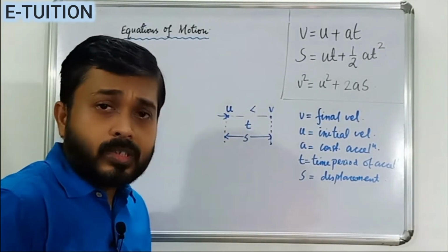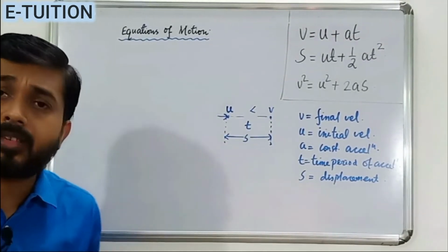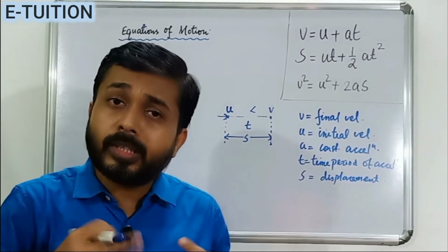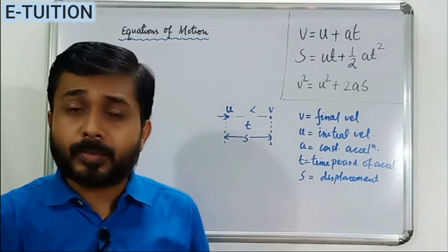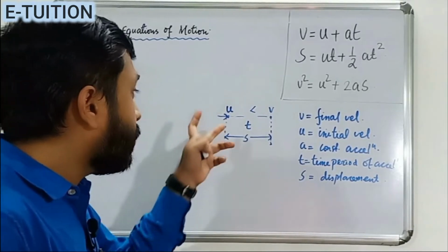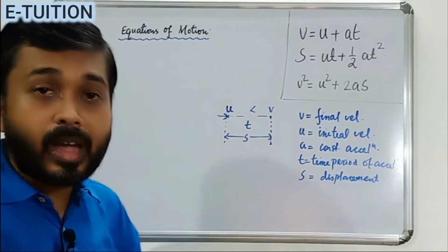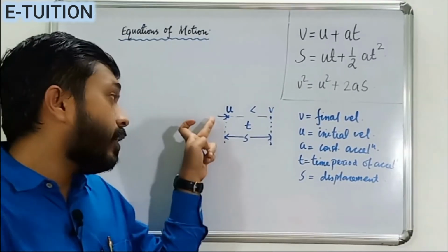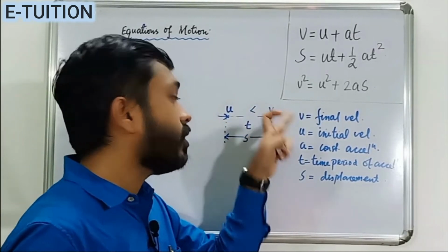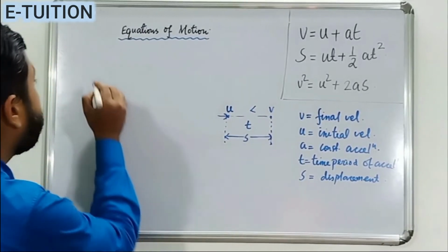Now let's see how the equations of motion can be derived. By definition of acceleration, we know acceleration is the rate of change of velocity with time, or rather more specifically the rate of increase of velocity with time. And the velocity here is clearly increasing because the body has been acted upon by an accelerating force. It has gained an acceleration and started moving with the acceleration for time t, after which the velocity has increased to v from u. So by definition,